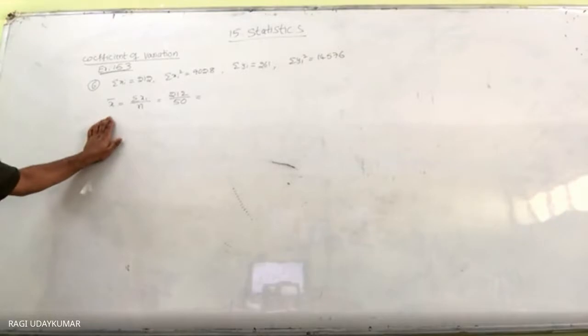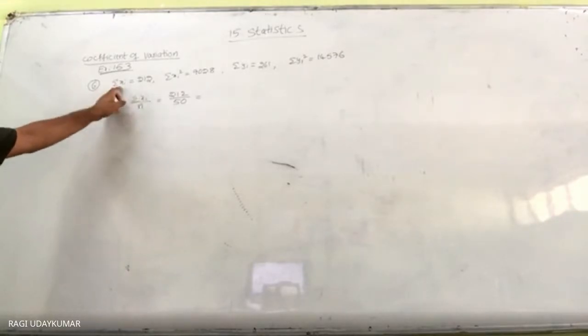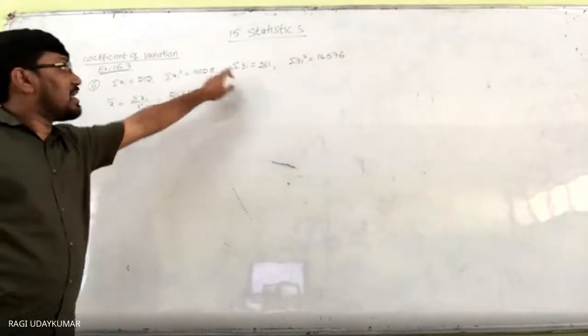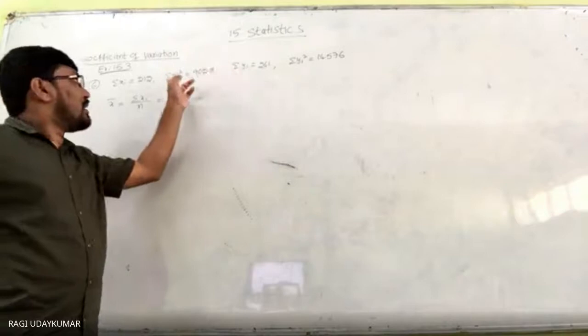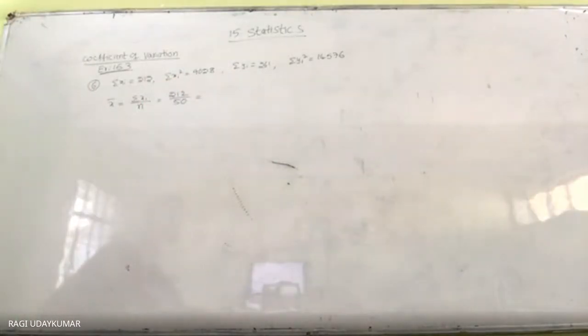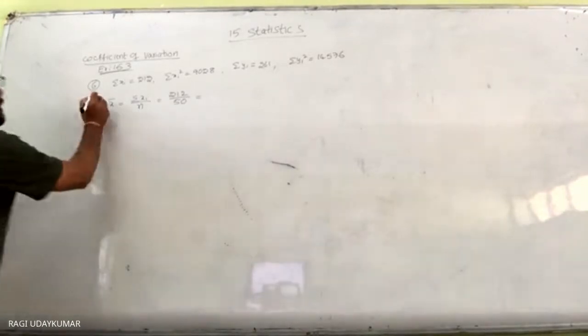So here, first you need to find the mean. The mean formula is sigma f x by n. Here it is given the sum of the observations and the sum of the squares of the observations. The xi represents the length and y represents the weight. So first let us find it in the case of the length.